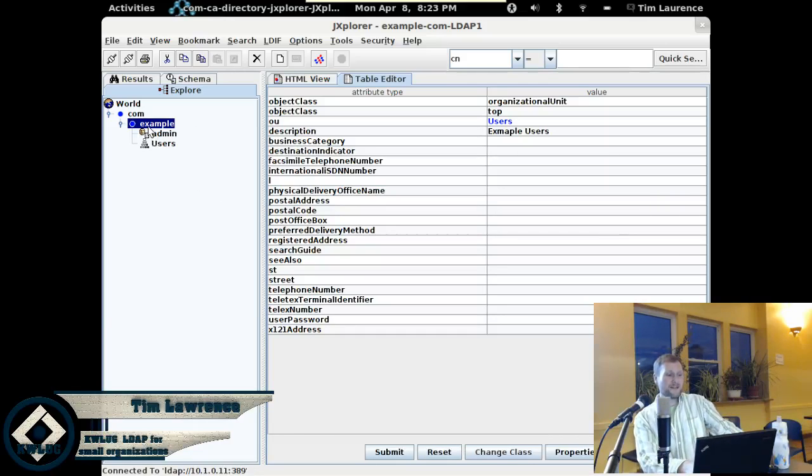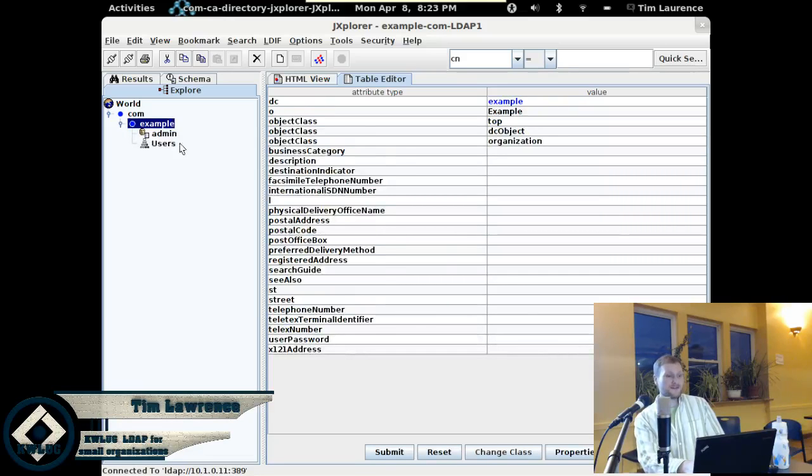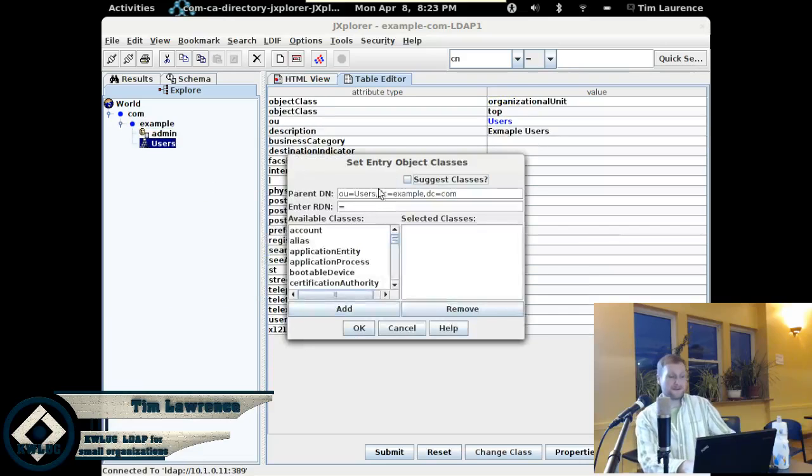But okay. So now we have the world, com, example, and in there are users. Well, not really, because the users don't have anybody, right? There's no little turny downy thing there. So let's do something about that. So let's add a new one. I am now going to add an account. I'm going to add it to the object class of POSIX account, inetOrgPerson account. This is just a common account type. Person. So this is an account for a person, this is an internet organization type person,